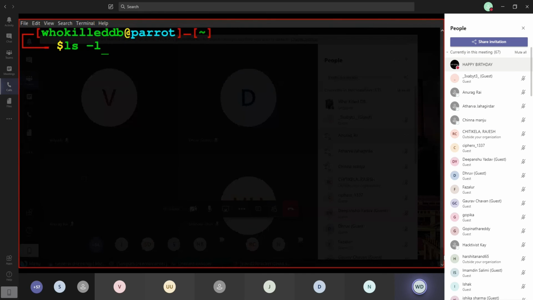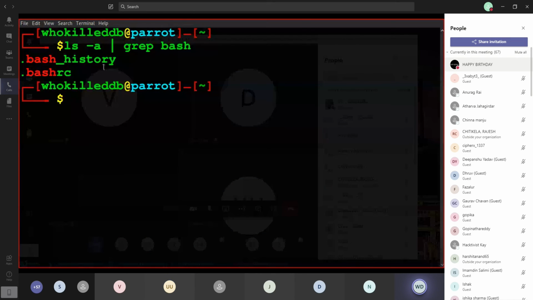Let's see how much you guys understood. ls minus a, grep bash. So guys, what should be the output here? Only the files which contain the term bash, right? We are doing ls minus la, getting an output, and piping it to grep. Grep will search for this particular term, and you can see we get two files. I showed you what bash history does. Now this very particular file,